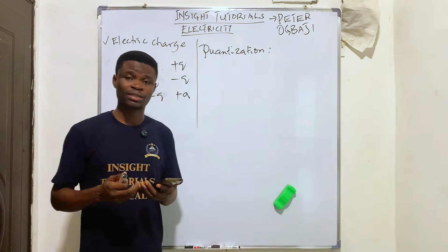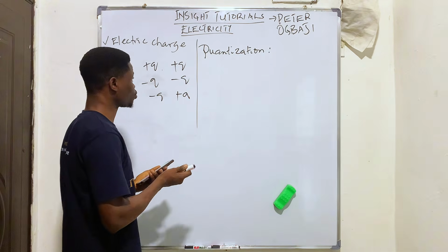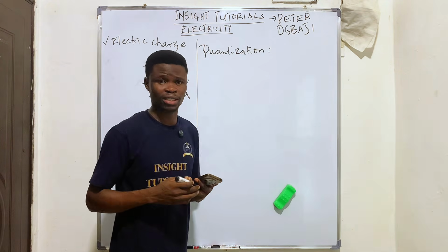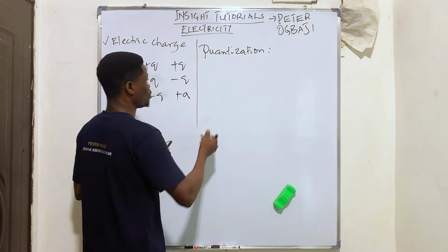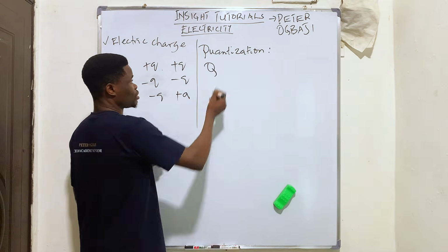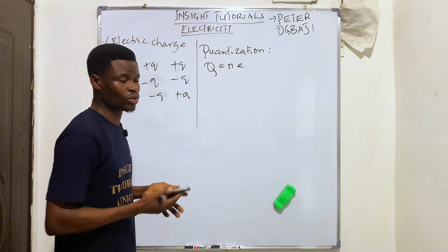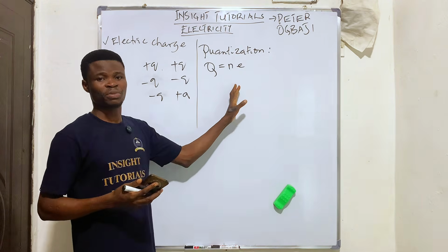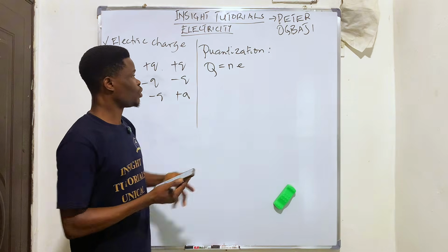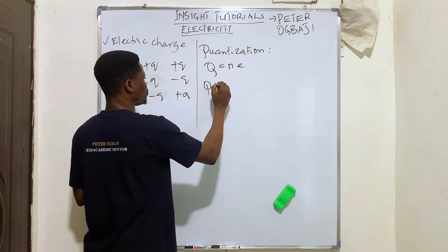So charge only exists in multiples of the elementary charge. The mathematical expression of quantization is Q equals NE, where Q is the total charge,